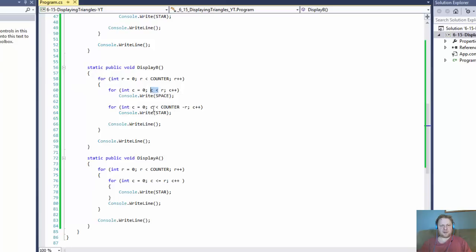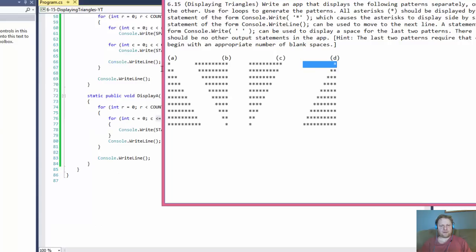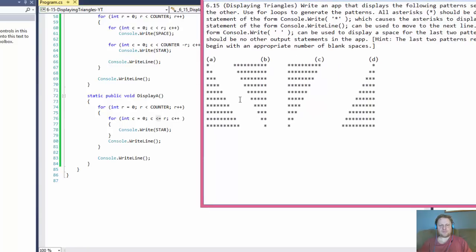It's less than, but over here you got less or equal to R. This is our pattern A. All right, so our pattern A and our pattern B both have equal to, and that's because we need to do 10 rows, and we start from the counter, we no, I take it back. We need to account for the row 0,